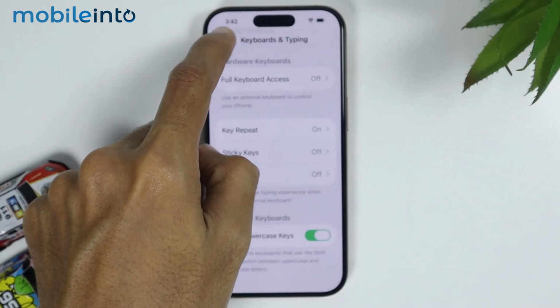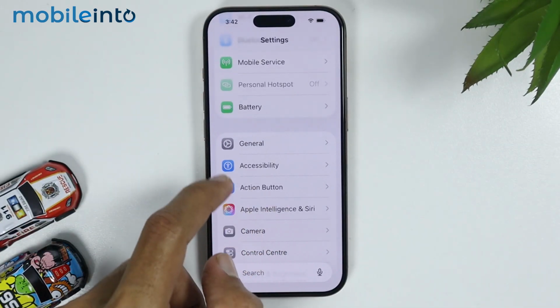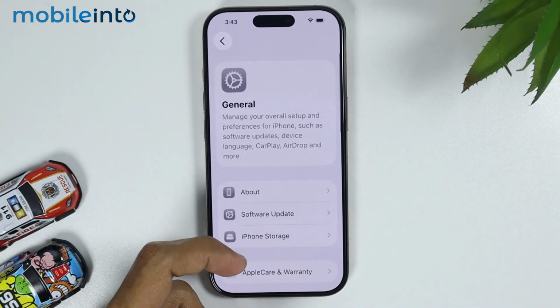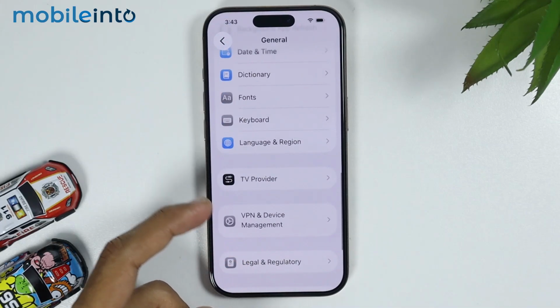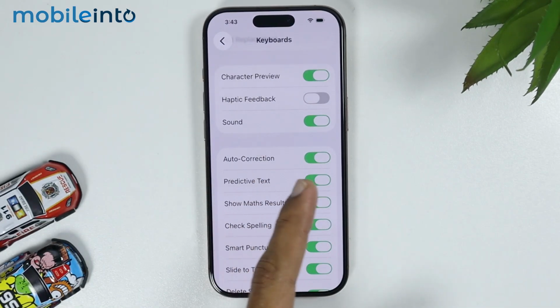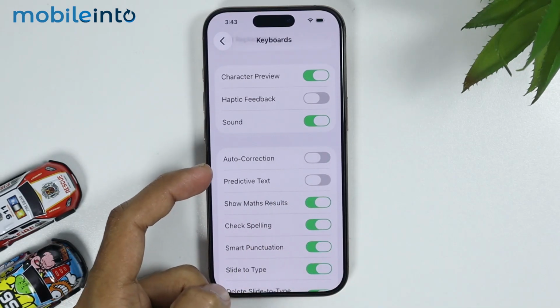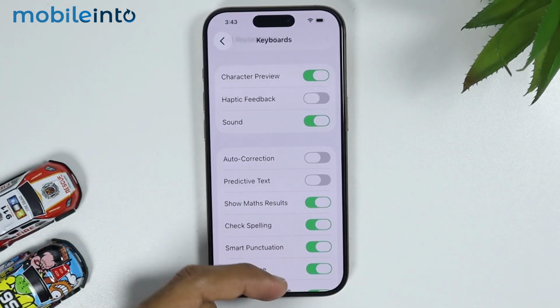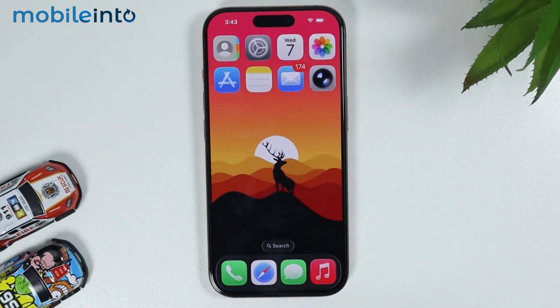Then go back to the main settings page, then go back to General. And under the General settings, you will find the option of Keyboard. Just tap on it, then disable Predictive Text and Autocorrection. Just like that. After you disable both of these options, go to your home screen and force restart your